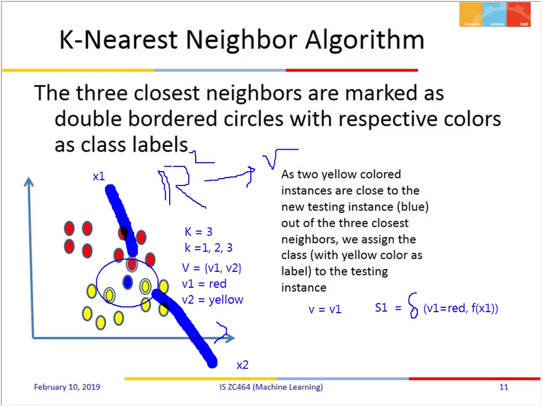Similarly, I'm marking the second yellow point nearest to the test data as x3, right? So with this, what am I going to get? It is S1 is equal to delta V1 equals red fx1 plus,